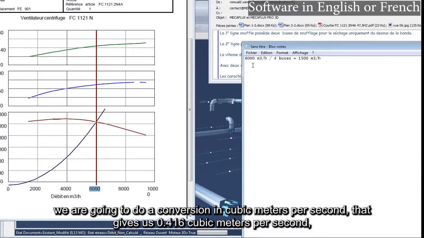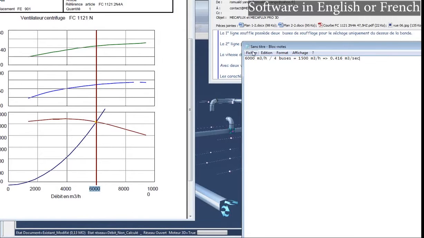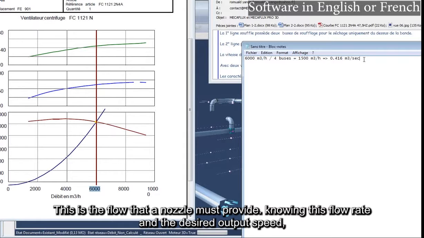We are going to do a conversion in cubic meters per second, that gives us 0.416 cubic meters per second. This is the flow that a nozzle must provide.